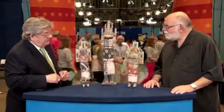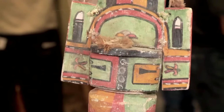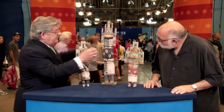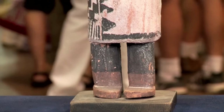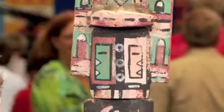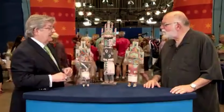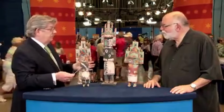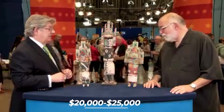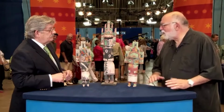Despite their authentic appearance, all three kachinas are revealed to be reproductions. Issues with the painting and carving suggest they're not genuine. Elongated shape of one kachina is stylistically incorrect. There has been a trend since the 1950s of creating old-looking kachinas for the market. Value of each reproduction is estimated to be low, whereas a 30s or a 40s kachina easily could have been $20,000, $25,000. Painting. Yeah, I don't like the new kachinas either. I've got a collection